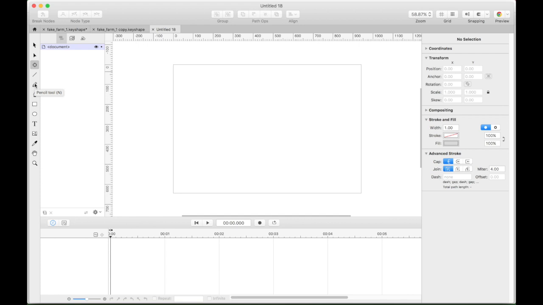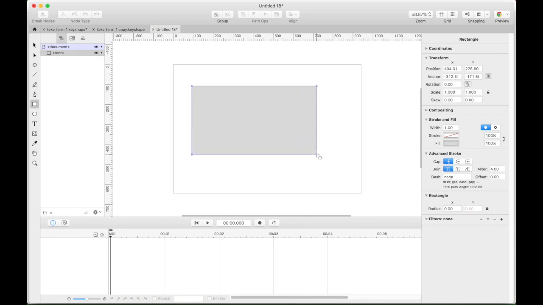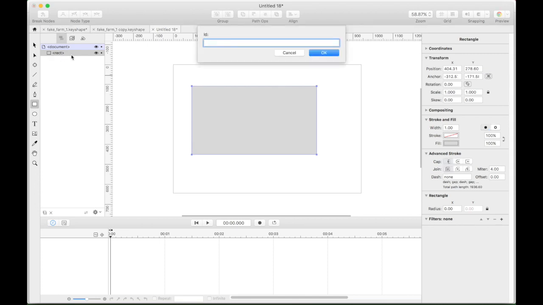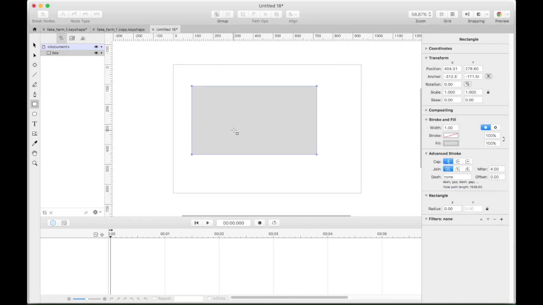This product, again, is so new. I haven't been able to even merge pencil products. I'm getting ahead of myself. So let's go ahead and just start with a rectangle, which is an R. And you start here, we can create a rectangle. Now you'll see it over here, and currently you'll want to name everything. So this comes as a rec. You can name this as, I'll call it box.